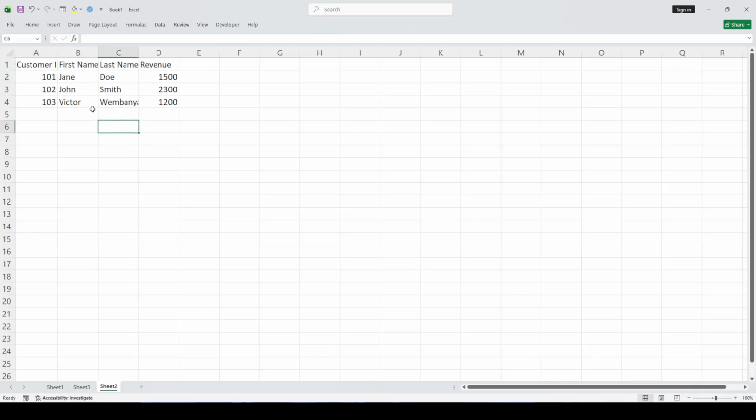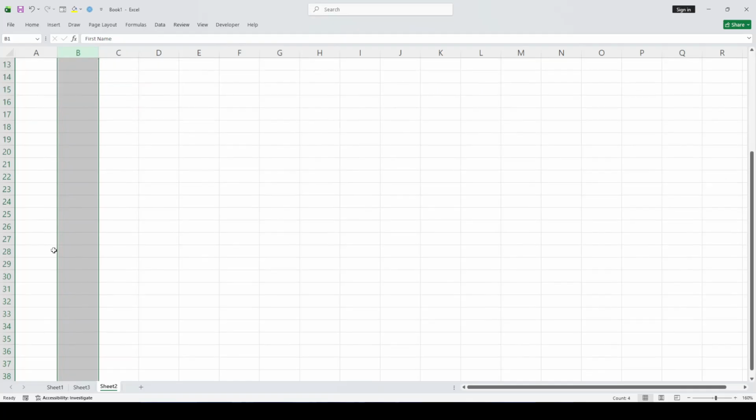method. First, click the column letter you want to move. For example, if you want to move column B, you should click the letter B at the top of the worksheet. When you click that letter, Excel selects the entire column for you. This is important because you want to move all of the cells in that column together, including any data, formulas, and formatting. Before you move anything, take a quick moment to confirm that the entire column is highlighted, not just